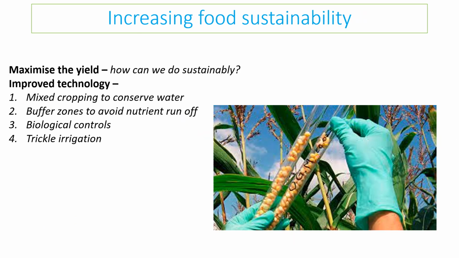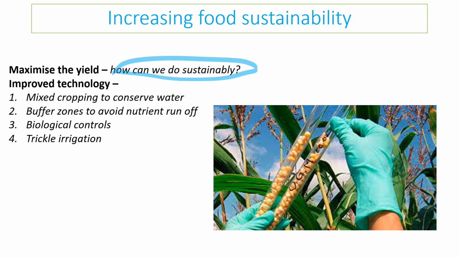If we want to increase food production, this is a question you could be asked: how can we do it? Well, one thing is we need to be able to increase the yield. We can do this in lots of different ways, but the problem with increasing the yield is that it's going to involve chemicals, and we need to try and do it sustainably. So what other things can we do?